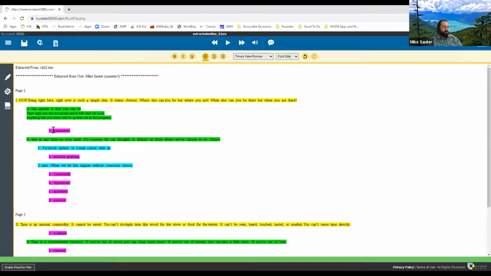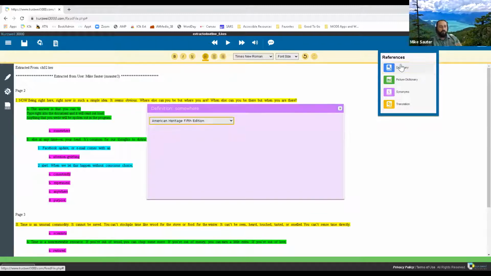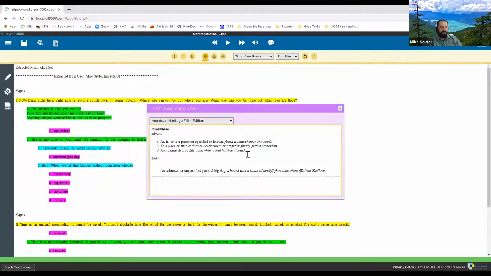Okay. Remember that our pink highlighting, we had pulled out just vocab words. Well, with this vocab word, remember we have our built-in dictionary. So the top right of the program, our icon for the references, scroll down to dictionary, and if my cursor is on the word, it'll look the word up and give me a definition.